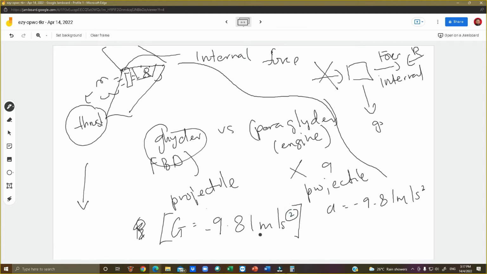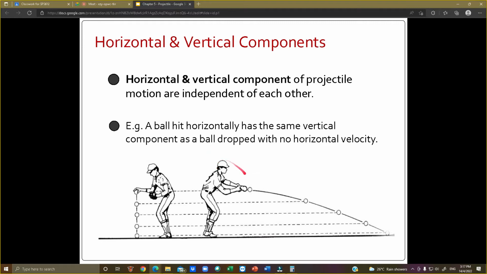That is the main reason which causes these two conditions of the ball to land on the floor at a very similar moment. Although this one has both vertical and horizontal components, and this one only has a vertical component, either way, since the gravitational acceleration is equal, these two things are going to reach the floor at a similar time. That's the first concept.